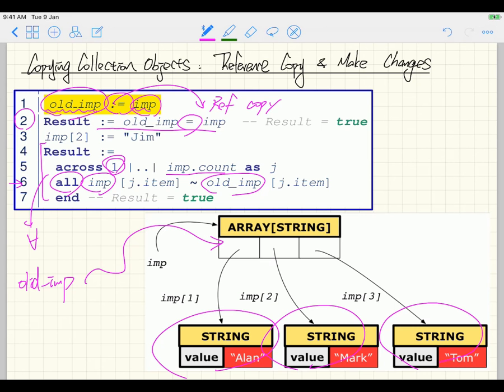This is something we discussed last time, but let's do it very quickly. You can see that j.item is going to be 1, and 2, and 3, because we got 3 elements in the array over here. Now, just take the first one. For the very first iteration, this is what we're going to check. We're going to say imp at position j.item, which will just be 1, tilde, which means is equal to old imp,